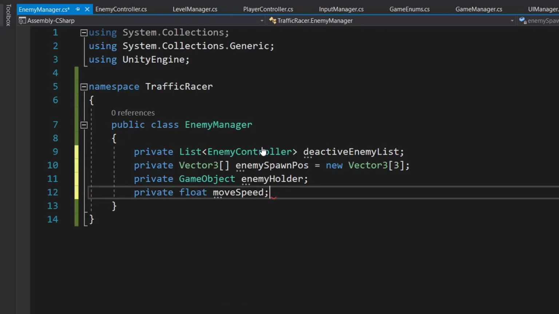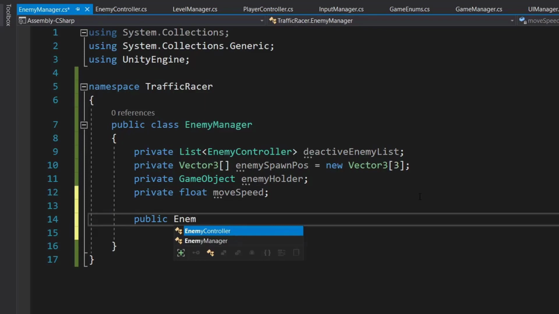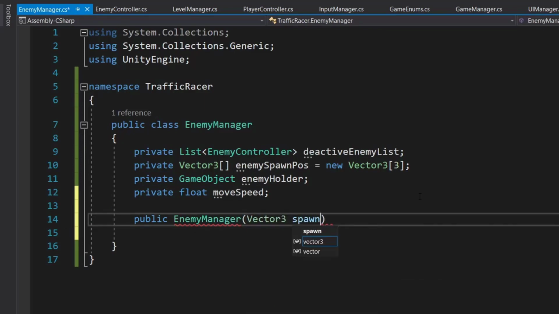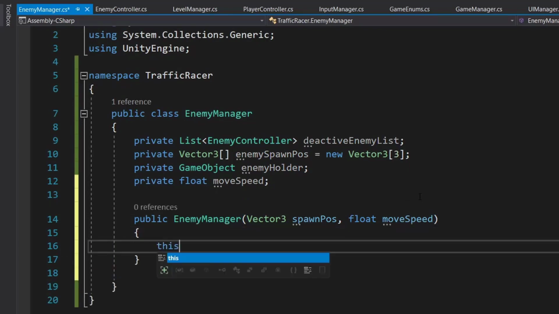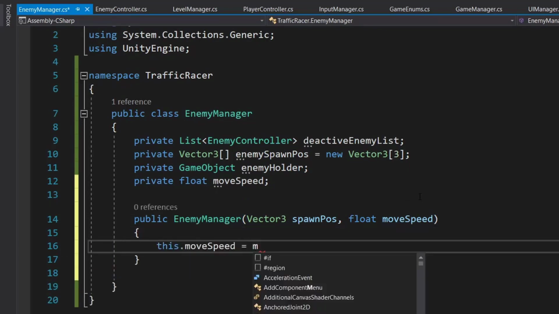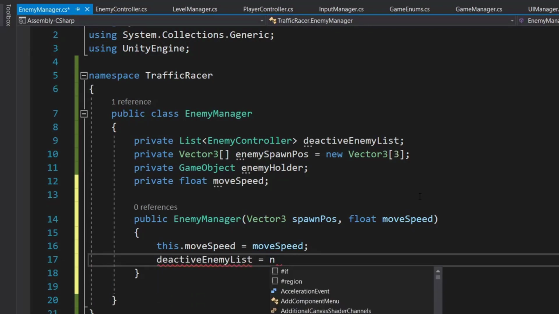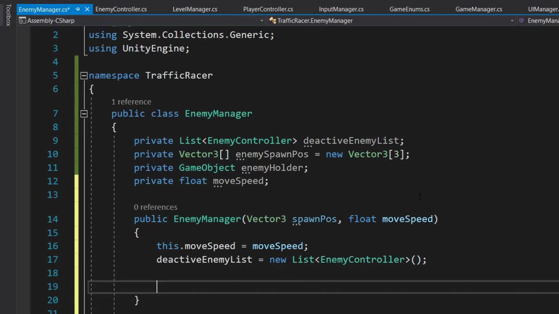Now we will create a constructor of this class. So public EnemyManager, and it will take two parameters, Vector3 spawnPos and float moveSpeed. In that we will set this.moveSpeed equal to moveSpeed. deactivateEnemyList is equal to new list of EnemyController, so basically we are initializing this list. Then we are going to set our enemySpawnPos array.